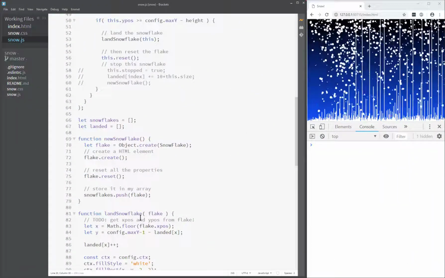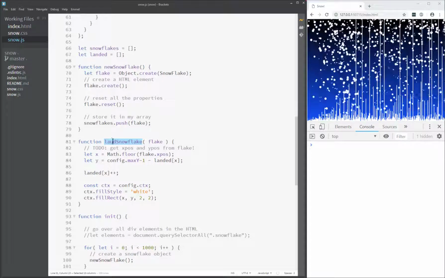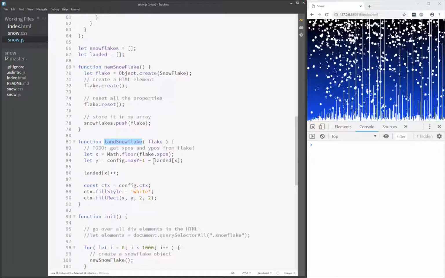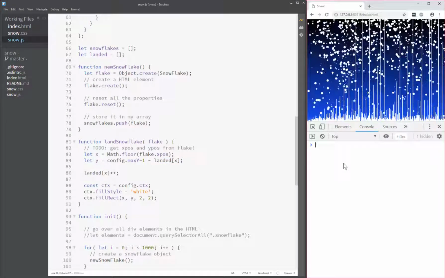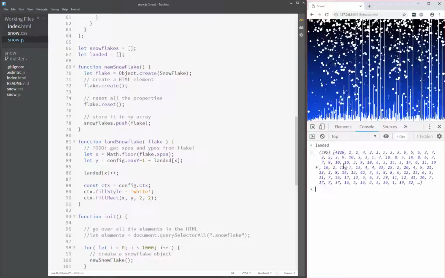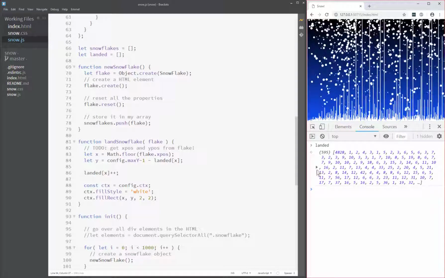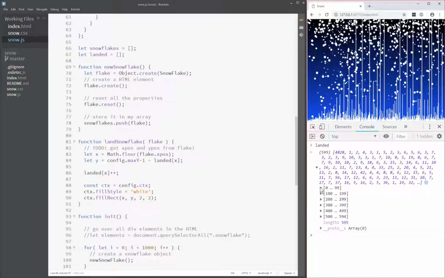When a snowflake lands, this function gets called, landSnowflake, where I find the Y position from the landed array. And if I take a look at the landed array, it's for every pixel along here. And some of them are,